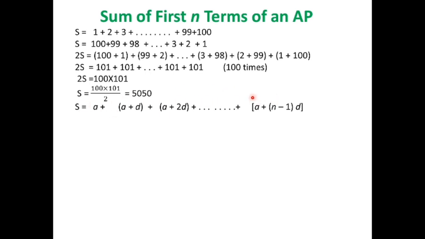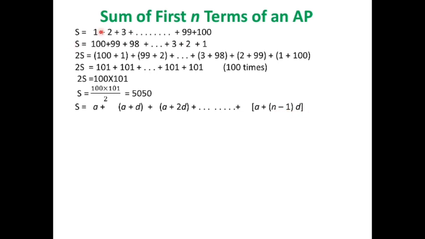Is it clear? This is the nth term. Why? Because that's why we can write it as n minus 1 into d. So how many terms are there in this arithmetic progression? Yes, n terms are there. Why? Because here it is n minus 1 into d. If it is 10 minus 1 into d, 10 terms are there. If it is 100 minus 1 into d, 100 terms are there. But in this one, a plus first term, second term, third term, and so on, how many terms are there? N terms are there. Good.